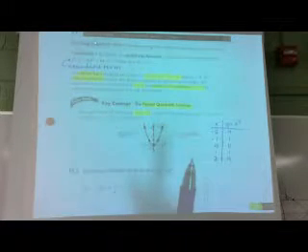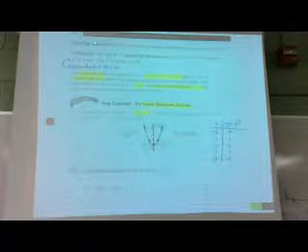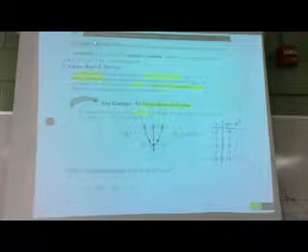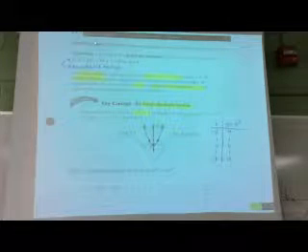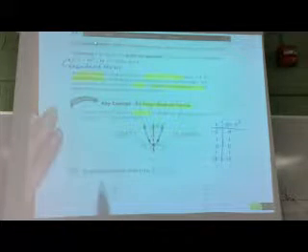So here's the deal. To go from this point to this point, you're going up 3 and over 1. From here, you're going up 3 and over 1 the next way. This is how the parent function graphs. And if you know the structure of the parent function, it'll be a little bit easier to do some of the others. So the very first thing that we're going to do is we're going to graph the function in